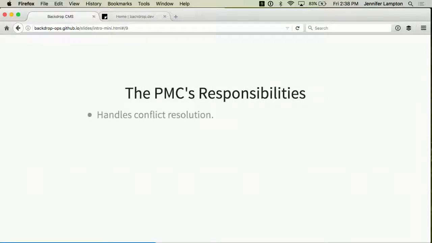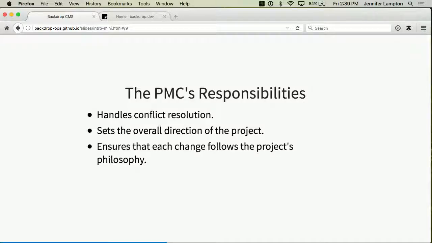So the PMC's responsibilities, I mentioned, are to handle conflict resolution when two developers are in disagreement or the project in general is under some kind of woeful situation. Then the PMC is set out to handle it. Setting the overall direction of the project includes our mission statement, our audience, and philosophy. And making sure that each change we make as we're developing the software is in alignment with